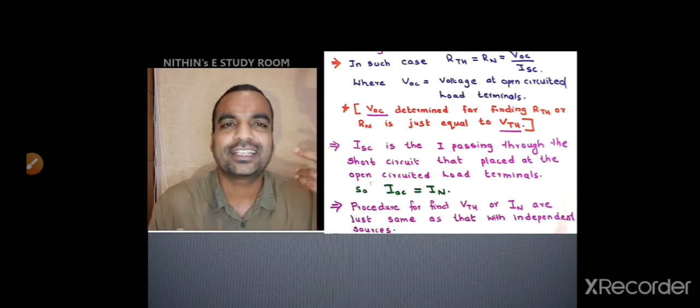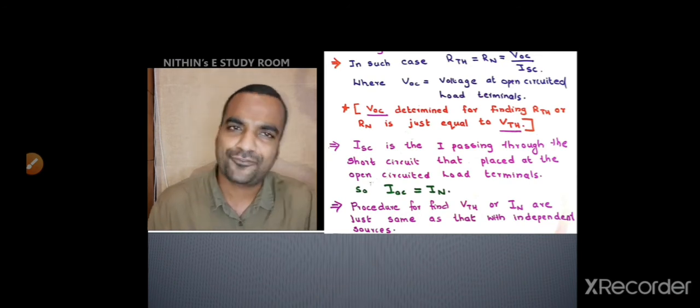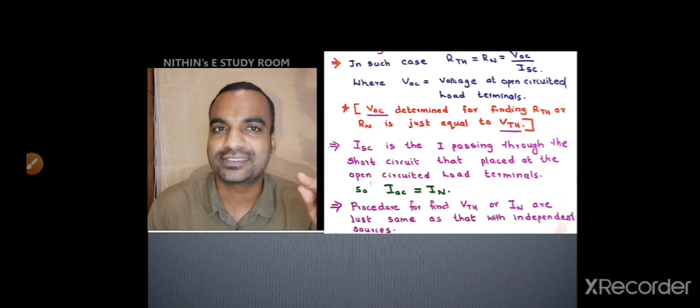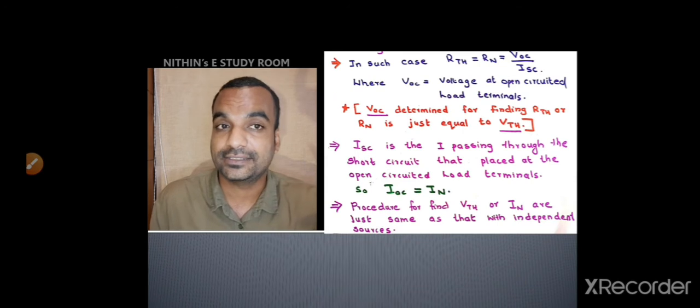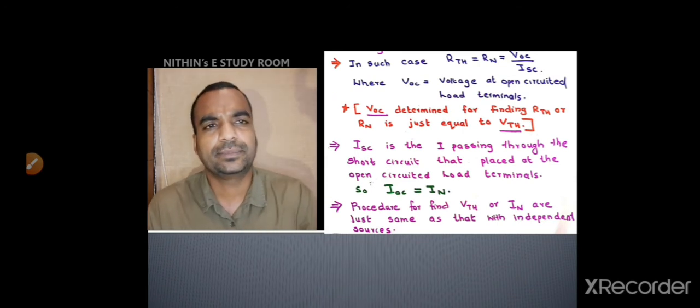So whether it may be Thevenin theorem or Norton theorem, the first step is calculating RThevenin, and from that RThevenin you will get some additional benefit: if it is Thevenin theorem you will get VOC, if it is Norton theorem you will get ISC. This is why I organized this lecture like this. Okay. So IOC is simply IN.